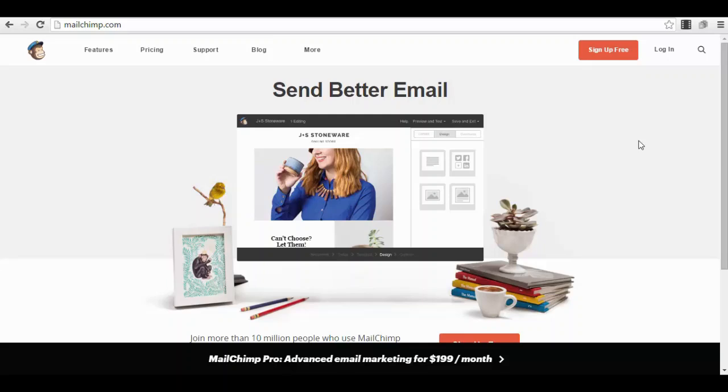Now let's get back on track with what we are talking about, MailChimp here. We are now on the page of MailChimp, as you can see here in my browser, mailchimp.com. You can sign up for free, as you can see here. You will actually see directly one of my accounts that I've already created and have my credentials saved in the browser. We log into that, so we can move a little bit faster with this. But the idea is that it's very easy to sign up for free.